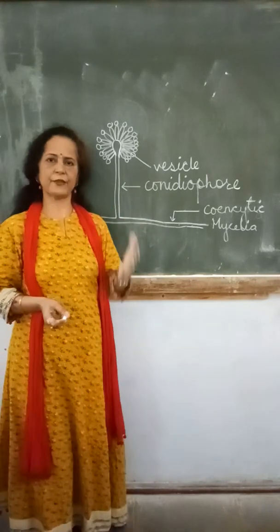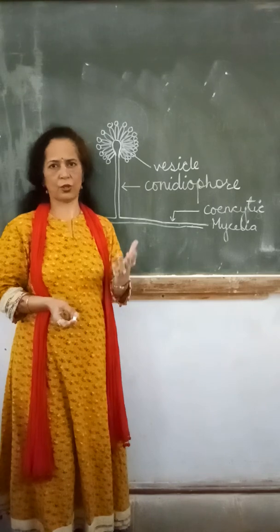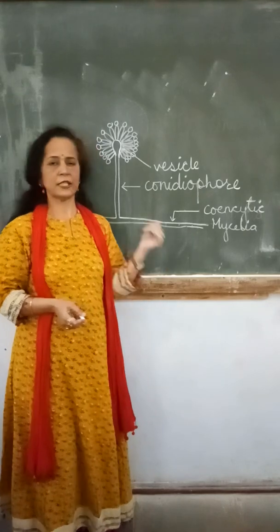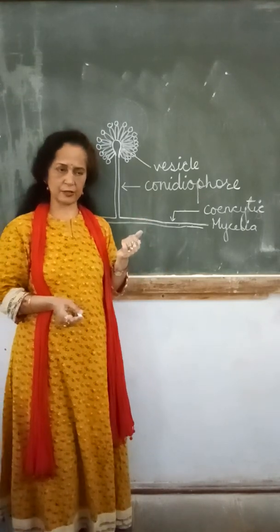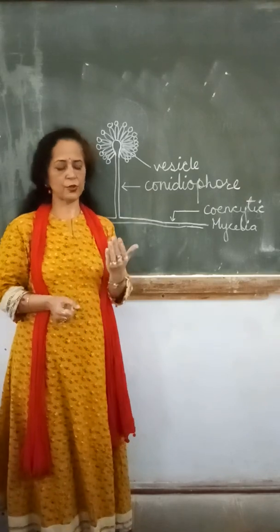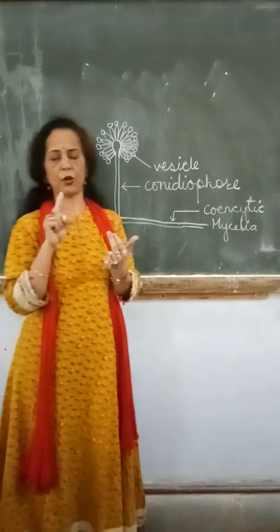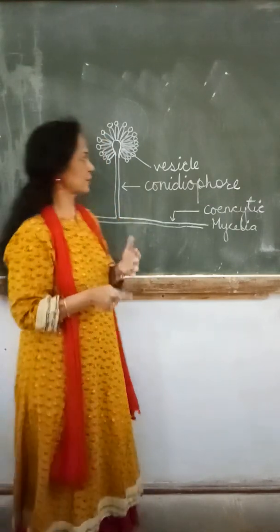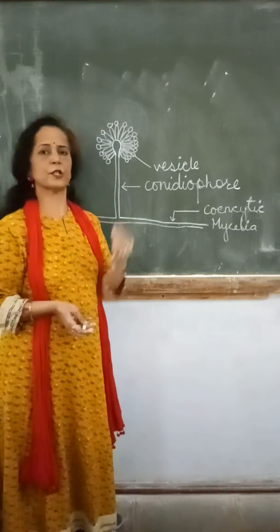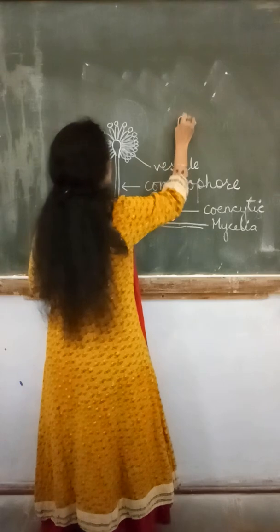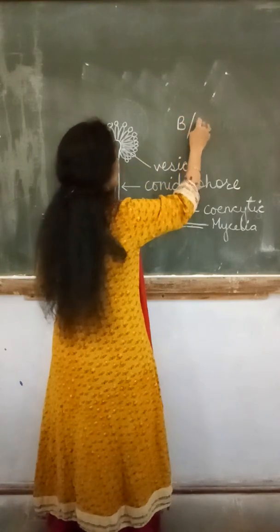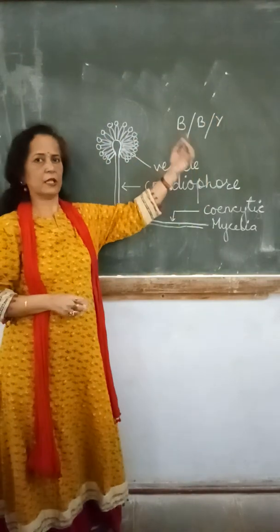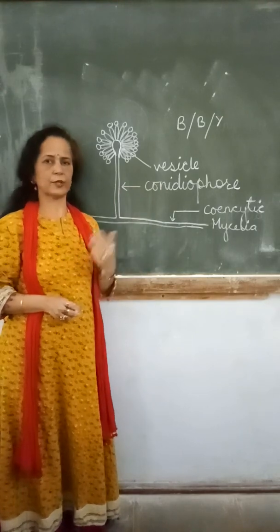Now these organisms give you granular growth or a little bit velvety growth. It will not give you cottony, fluffy, filamentous growth. These fungi produce spores which are colored. So usually they give yellow colored spores or blue-green colored spores and also black-brown colored spores. So three different types of colors are observed in these fungi. It may be black, brown, or it may be blue-green, or it may be yellow also. There are different species of Aspergillus, and depending on that you will see the coloration in